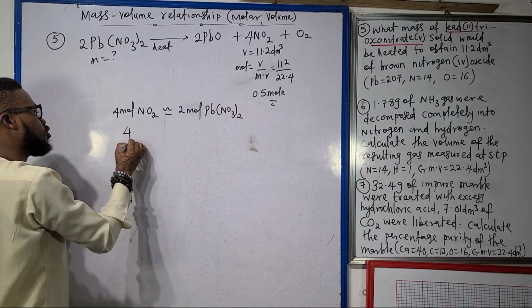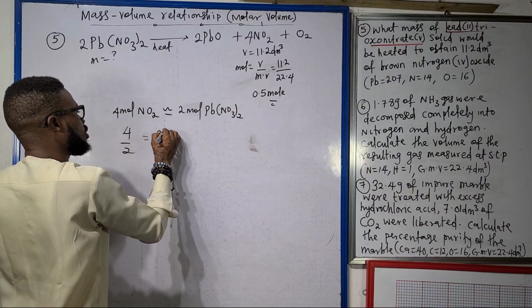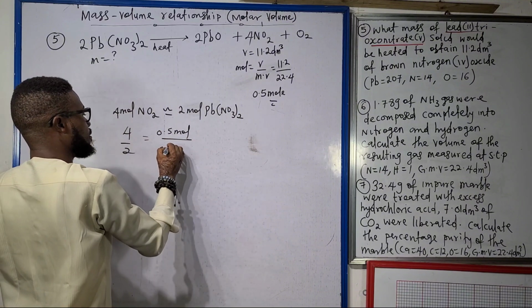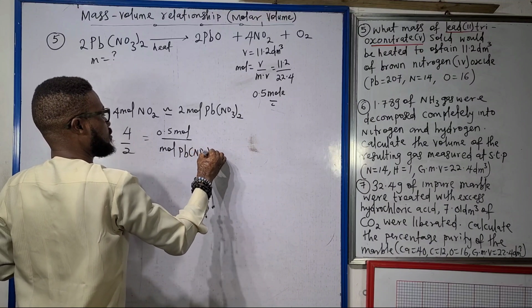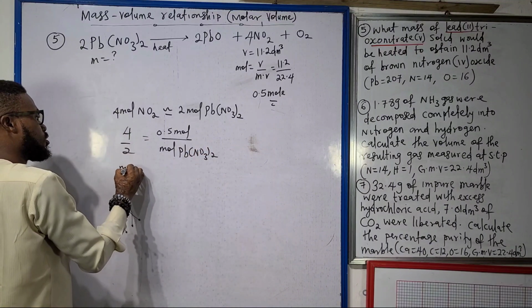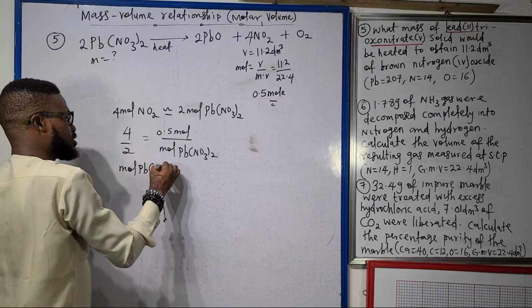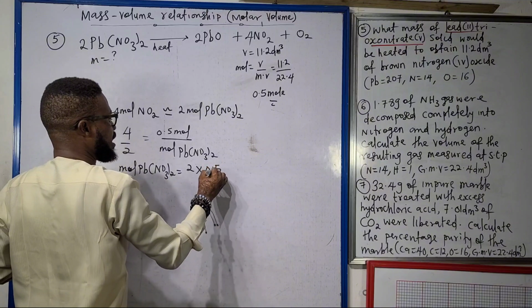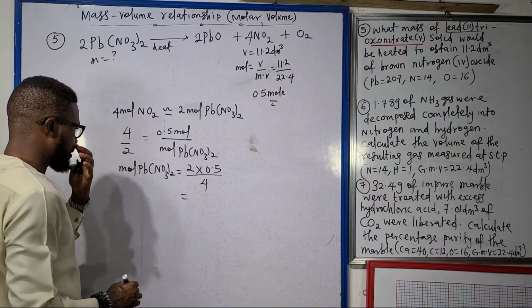So if I'm saying 4 over 2, it means 4 divided by 2, then mole of this, 0.5 mole, divided by mole of lead(II) trinitrate. So mole of lead(II) trinitrate will be 2 times 0.5 divided by 4, and this is going to give us